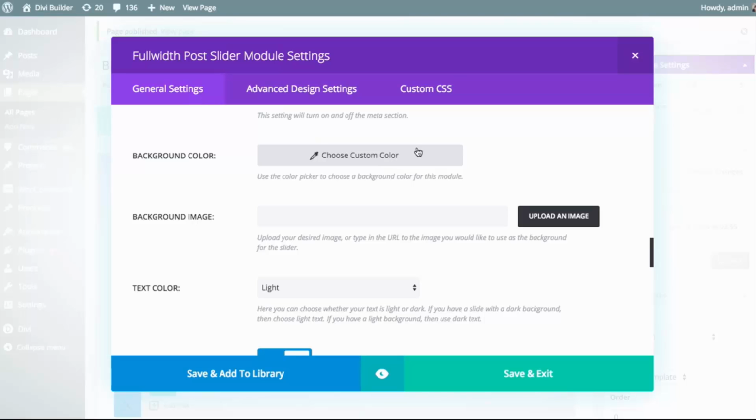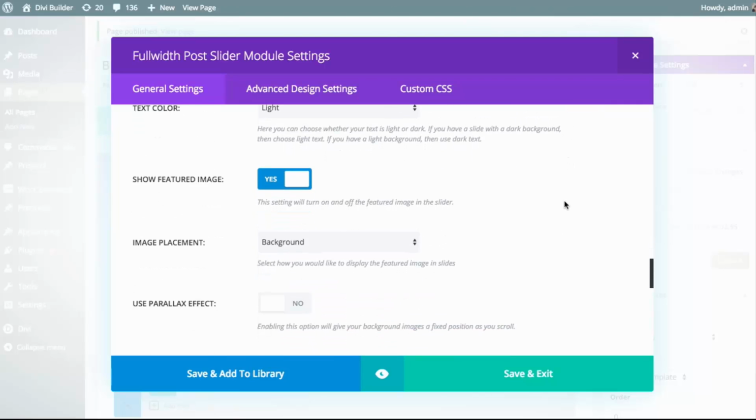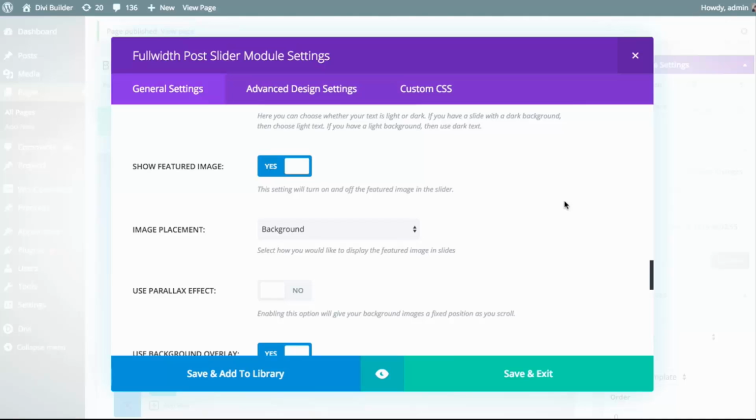So if you are using a dark background color, you're going to want to make sure to choose a light colored text here. And if you're using a light colored background, you're going to want to choose dark text. So I'm just skipping ahead to that option really quick because those two are kind of related. Now also you can choose a background image, which will overlay that background color. So you can choose one or the other. You can also choose to have the featured image itself of the post used as the background, which is the more typical use case, and that's the default